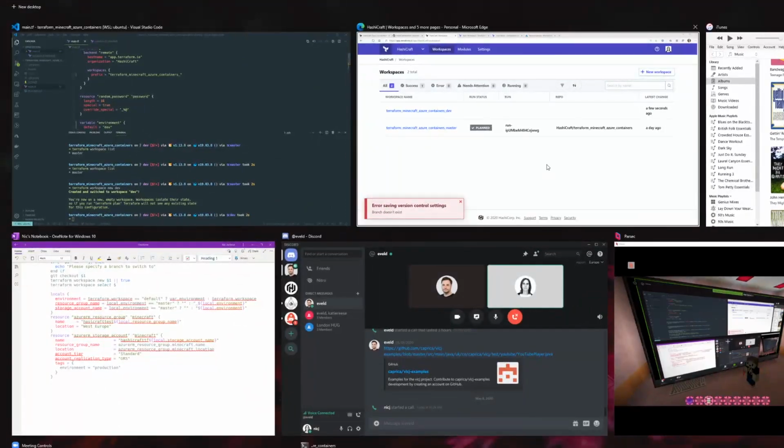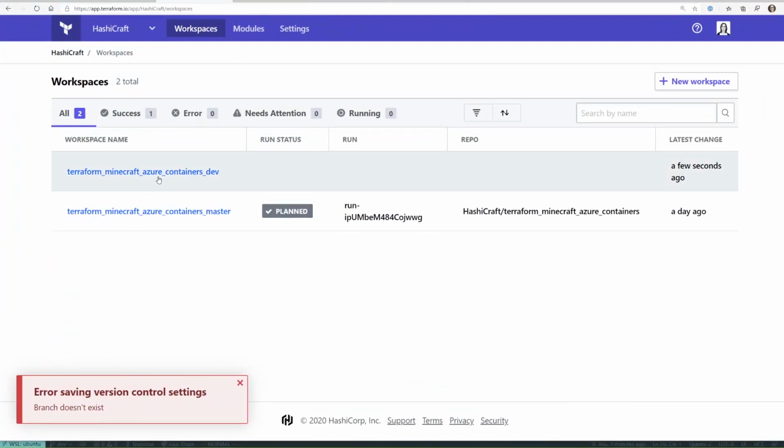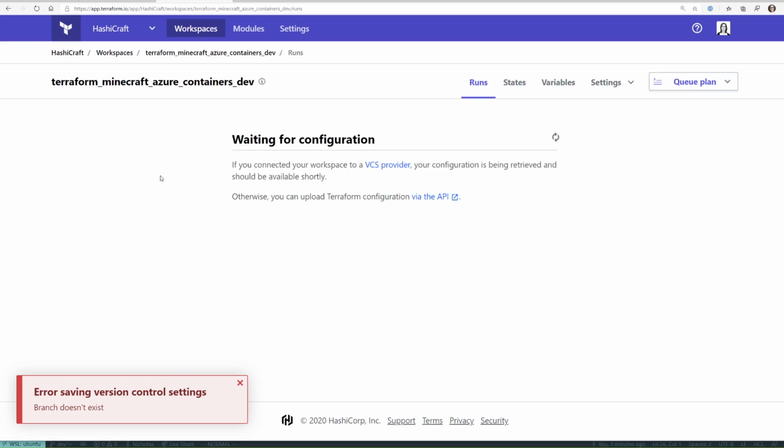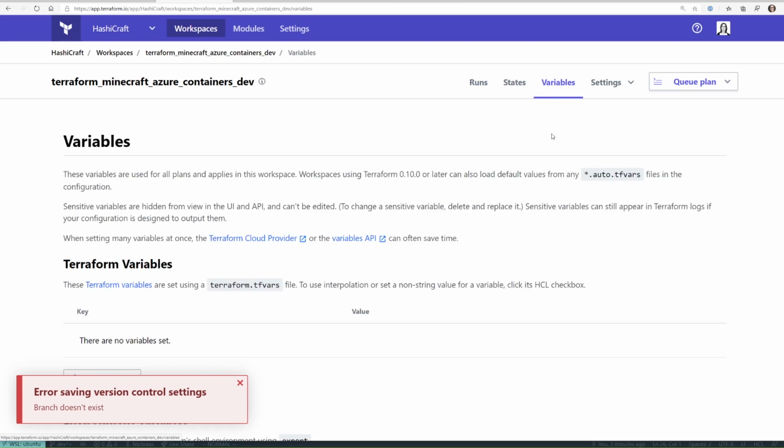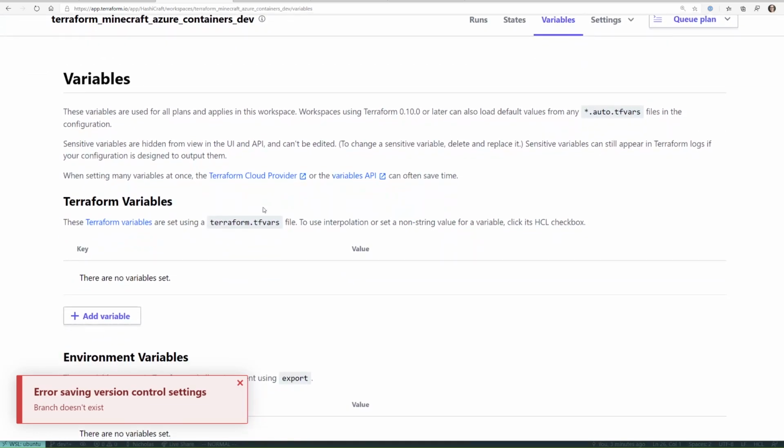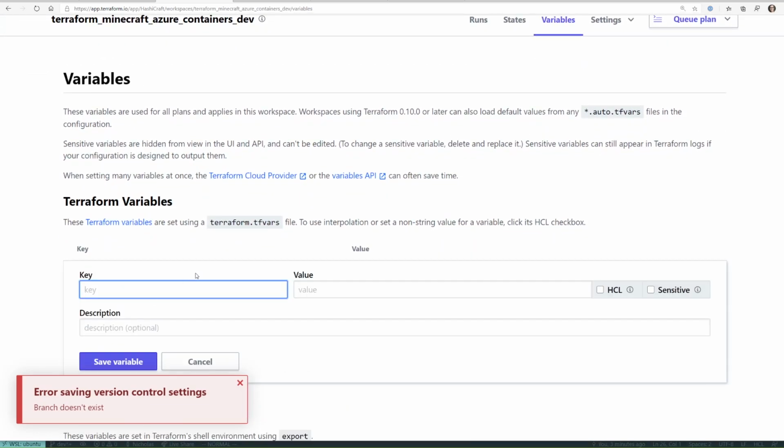Now, if I go over to Terraform Cloud, you can see that it's also created the workspace for me inside of Terraform Cloud. And it's done that automatically for me because those two commands are linked there. So I need to go through and just set up some settings and some variables. The first variable that I want to add is our environment.